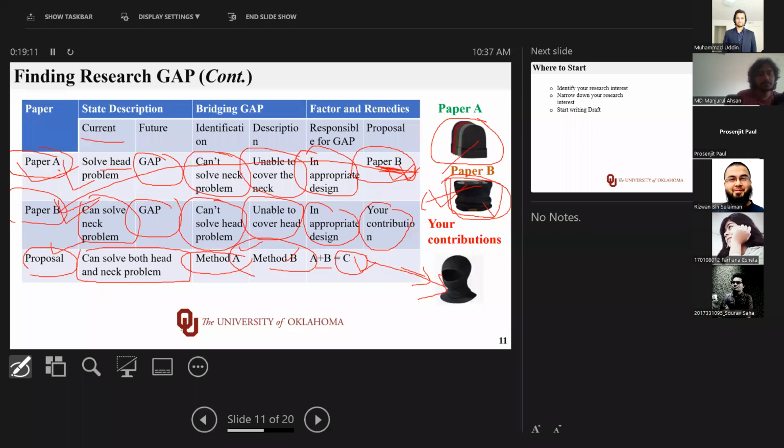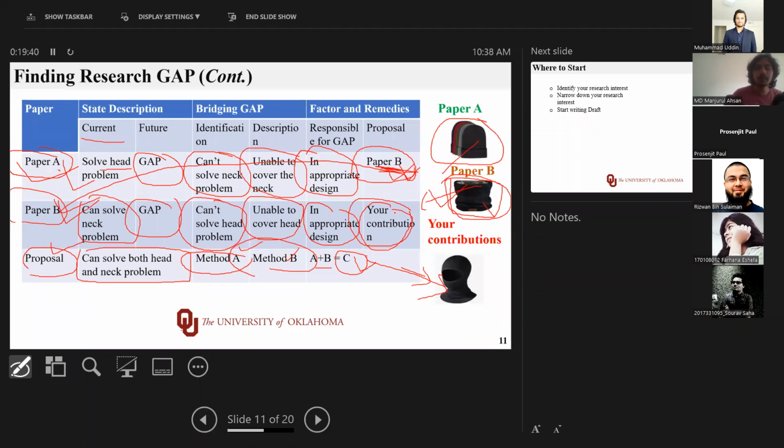Paper B then maybe started thinking, okay, in paper A they fixed the problem of the head issue, but they didn't fix the problem for the neck issue. So in this work, I want to address the neck issue. Then when you go to paper B, maybe he will say in the conclusion that in future work, we want to develop a design which can solve both the head and neck problem. That is your